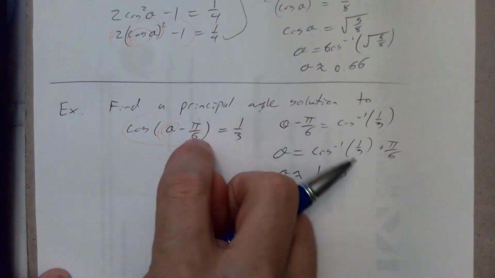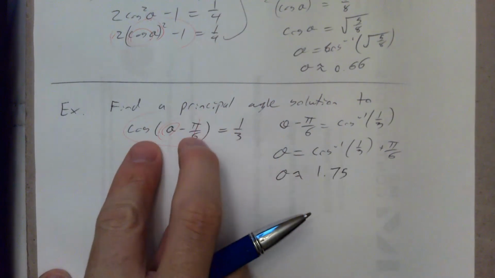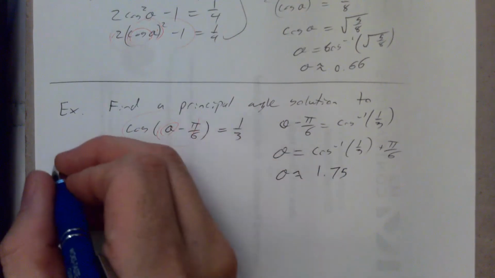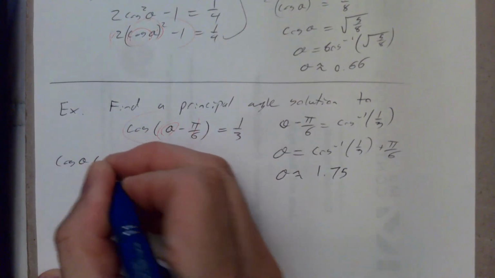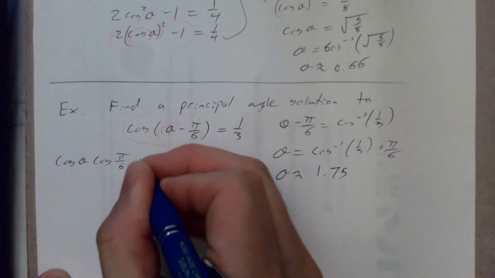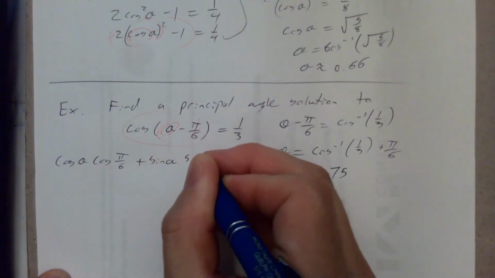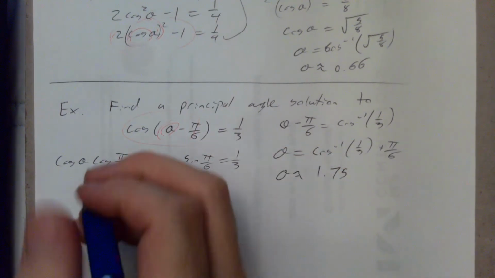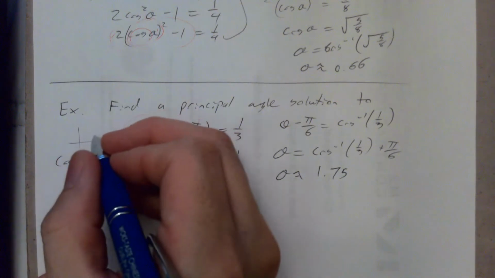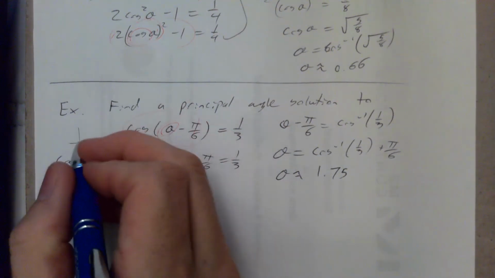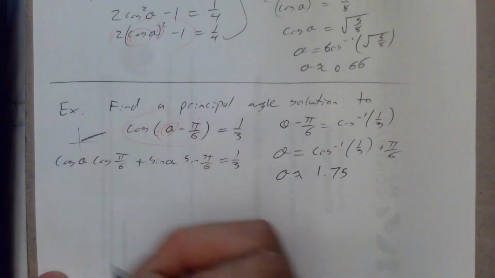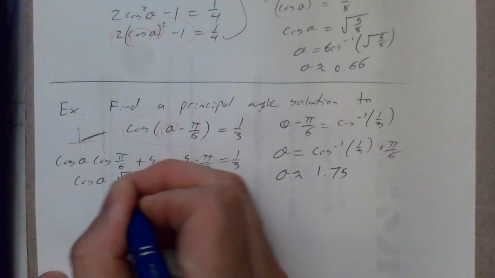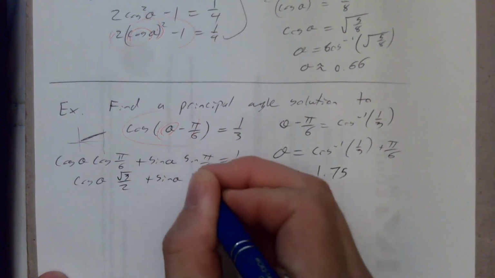Versus if we say, oh, look, pi by 6 is a special angle, so maybe I should use a cosine difference formula here. So the cosine of theta minus pi by 6 is the cosine of theta times the cosine of pi by 6 plus the sine of theta times the sine of pi by 6. And we feel like we're on a roll here, because I know what the cosine of pi by 6 is. Who cares? Why? Yeah, so I'd have cosine of theta times root 3 over 2 plus the sine of theta times 1/2 equals